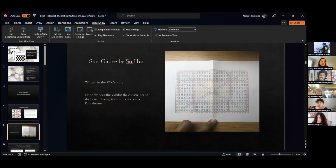And so she wrote this as a way of sort of recounting, and I believe it was considered almost like a letter in a sense to him. So all these different directions in which I wonder, different directions of betrayal, sadly. So here we go. So not only does this exhibit the constraints of the square poem, it also functions as